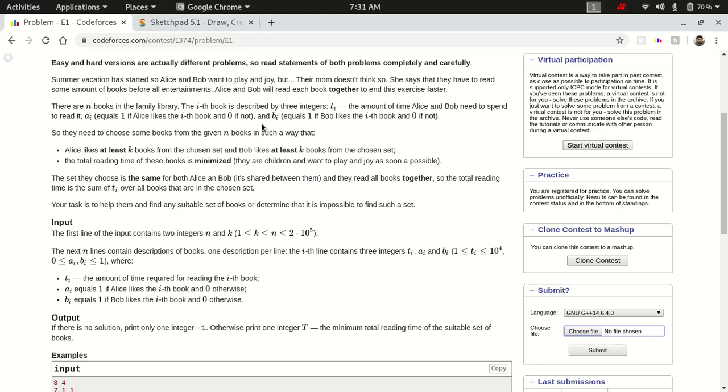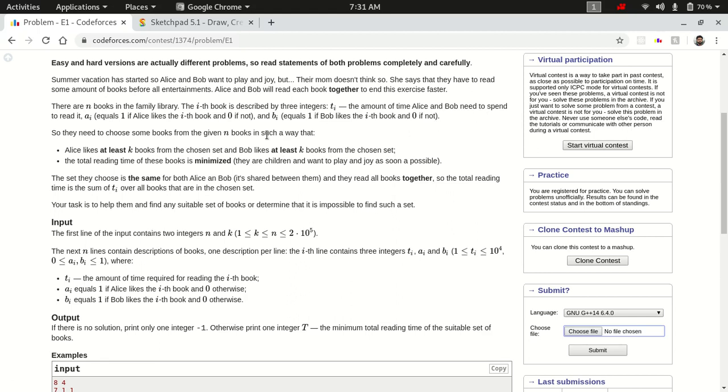There are n books in their family library, and each book has some characteristics, TI, AI and BI. These three values are associated with each book. TI is the amount of time Alice and Bob both need to spend to read it.